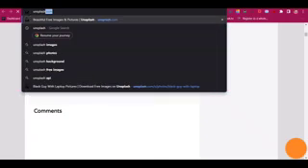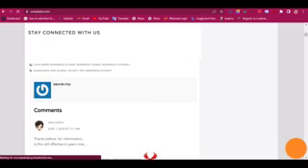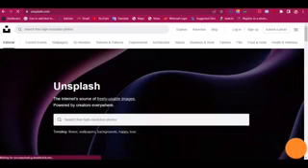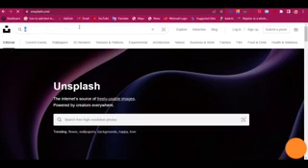So the next thing is to go to your browser and go to Unsplash. We also have different kinds of image places you can source images from. You have Unsplash, you have iStock, and various of them. So we want to use Unsplash now. We want to add various images. So I'm gonna type something like